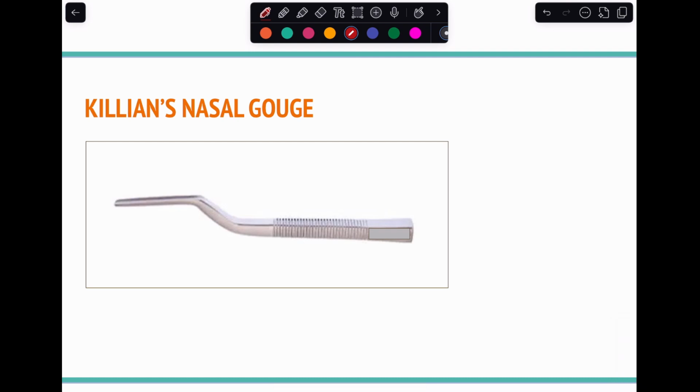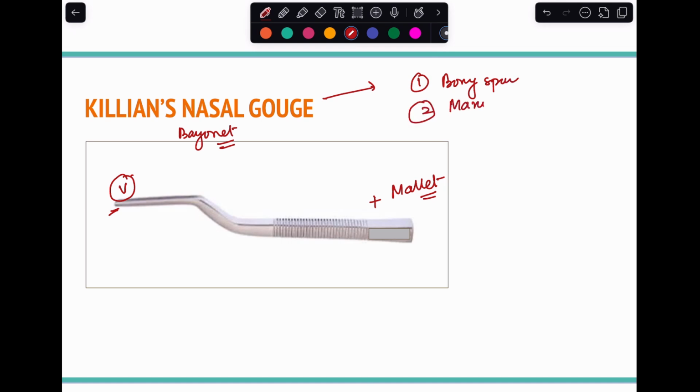Now, this gouge is a bayonet shaped gouge, which is going to allow you adequate visualization inside the nasal cavity. And this edge that you're seeing over here is V-shaped so as to get a better grip on the bone. Now, this nasal gouge is very commonly used with the mallet or a hammer. Now, the uses of this nasal gouge in case of septoplasty is, first of all, we remove any bony spur in SMR as well as septoplasty, and this is also used to remove the maxillary crest during the time of